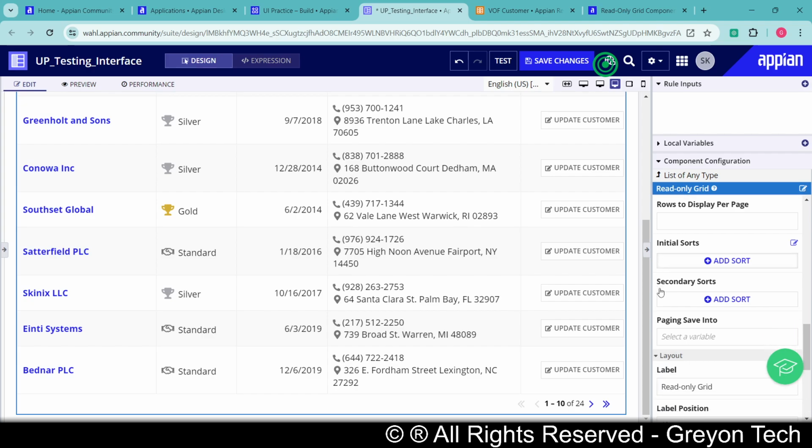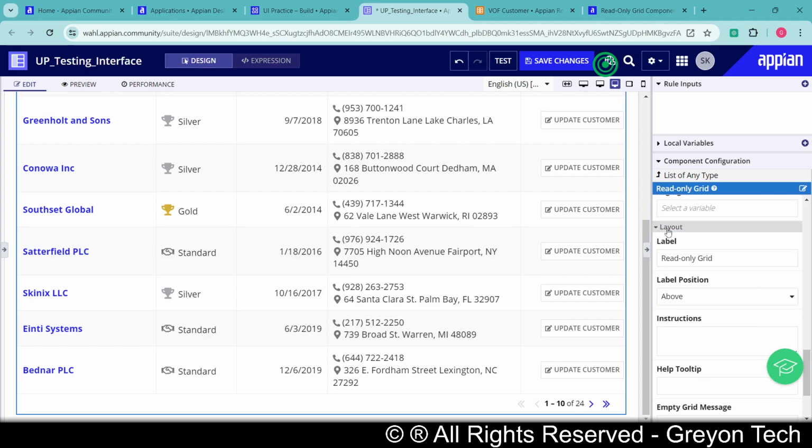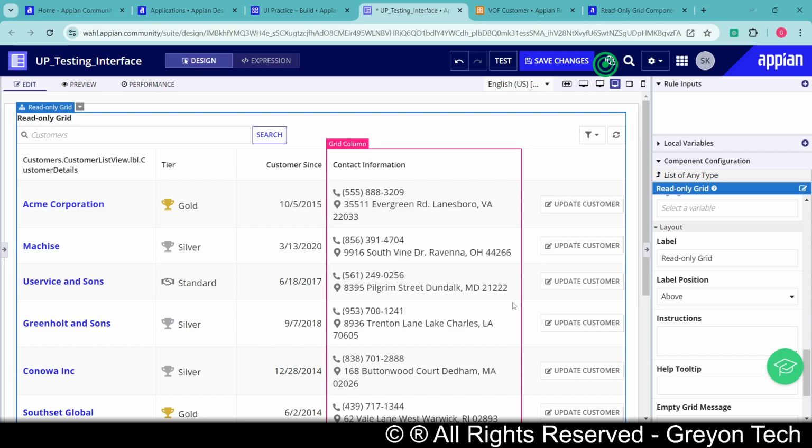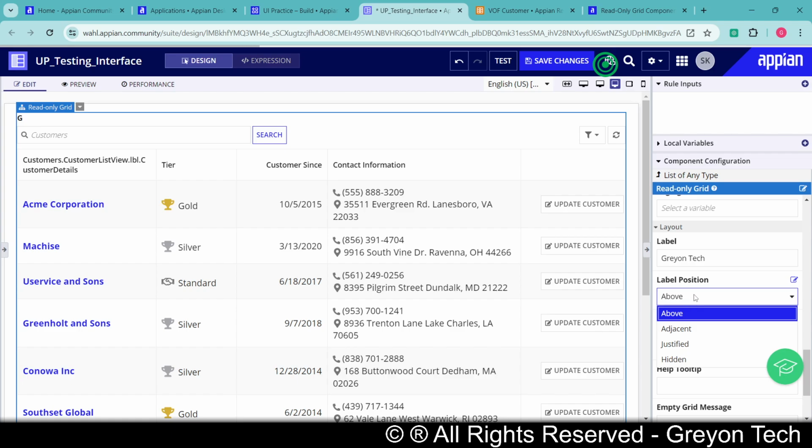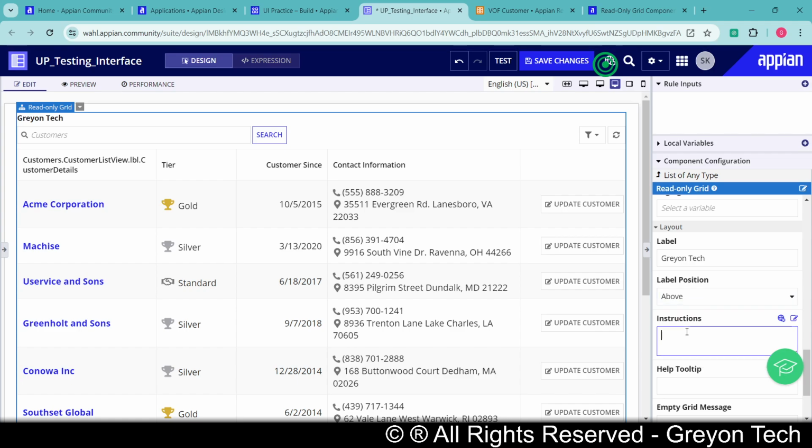Similarly, there are visual appearance options which you can define in the read-only grid, for example label position. In the previous sessions, I showed you everything in expression mode of Appian. Today I'm showing you in design mode so that, if you're a beginner, you can understand how to use design mode. We can define anything that we want: label position above, instructions,